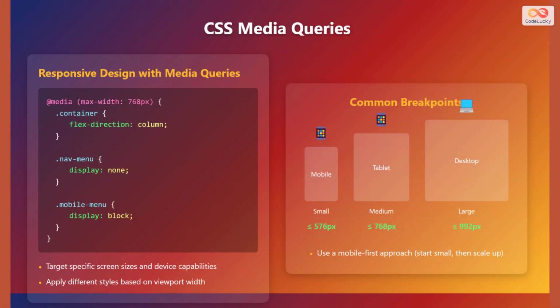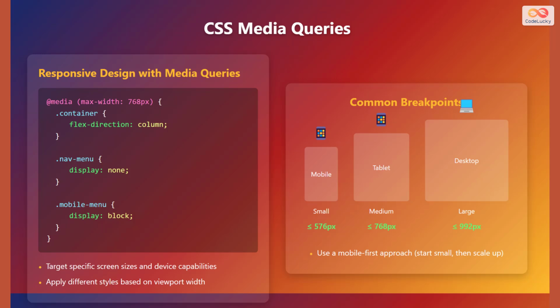CSS Media Queries are a powerful tool for creating responsive designs. They allow you to target specific screen sizes and device capabilities, applying different styles based on the viewport width. This ensures that your website adapts seamlessly to different devices. Below is some example code. At media, open parenthesis, max-width colon, 768 pixels, close parenthesis, open curly brace, dot container, open curly brace, flex-